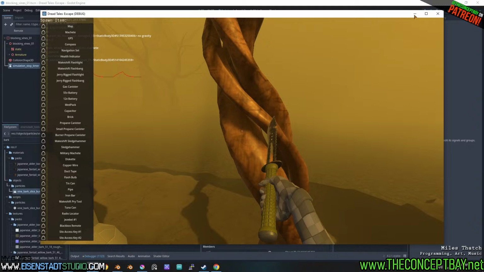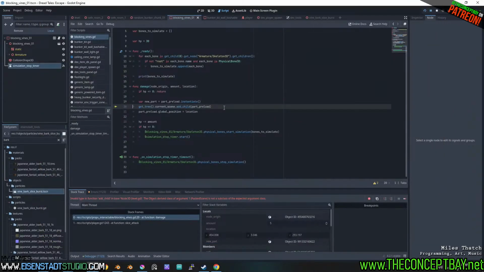Well, something happened. Oh yeah, you know what? Our particle doesn't start itself either. Add child, object derived class argument 1, packed scenes not subclass. Oh. We probably want to work with the new instance. And while we're here,